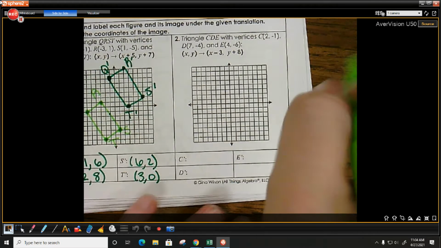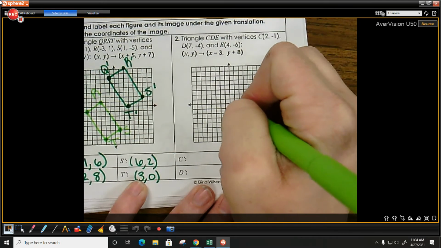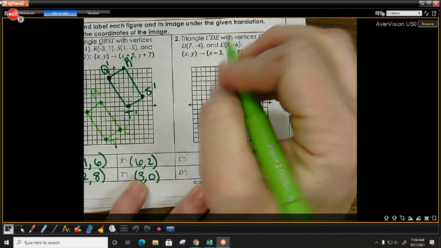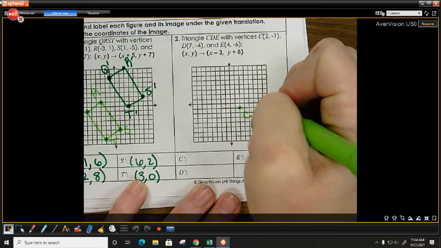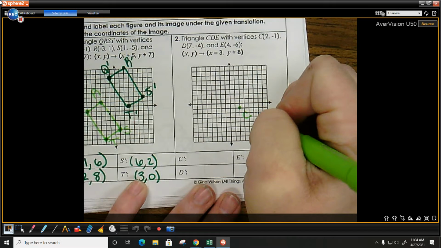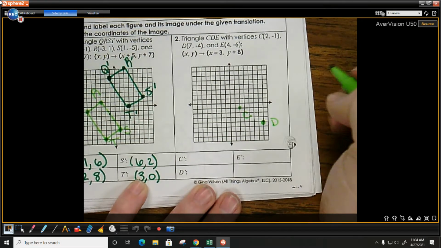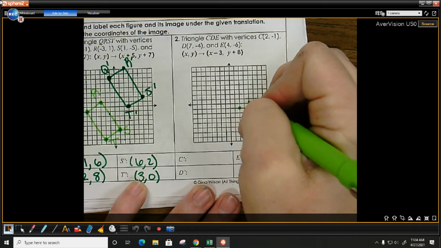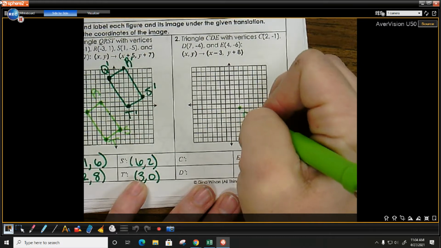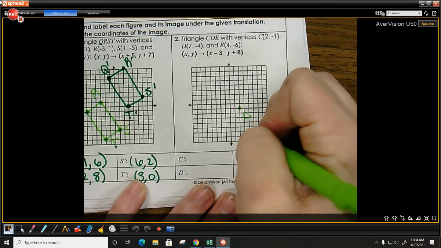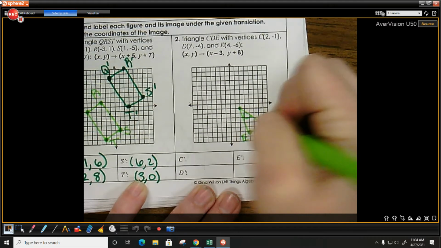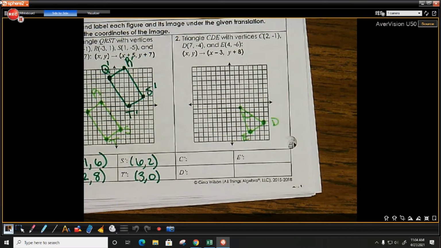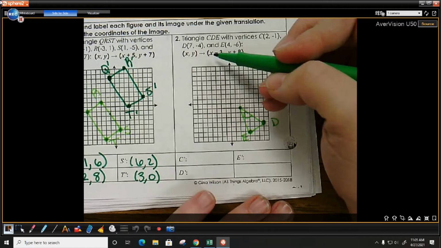Plot your 3 points. 2, -1, 7, -4. And then 4, -6. And draw your triangle. So I'm going to take point C, and it says I'm doing what with my x